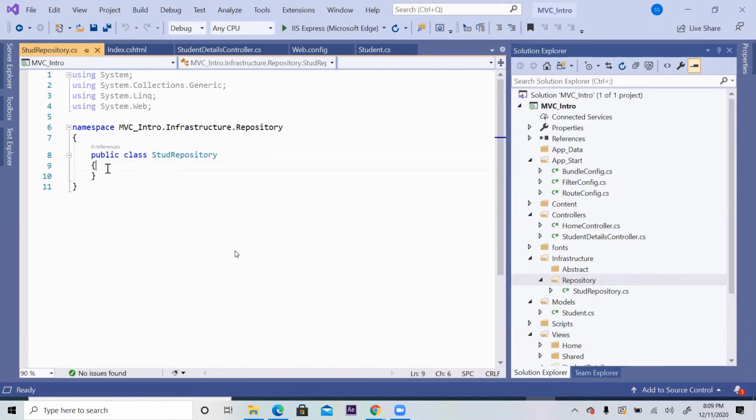That means this class is going to do whatever is required for communicating with the database, whether incoming data or outgoing data to the database. That means whether it is a select command or insert command, update command, delete command, any command, you have to write the functionalities in this repository layer.